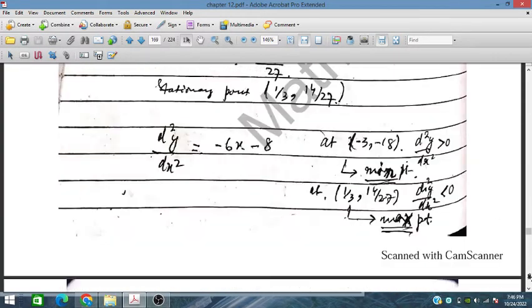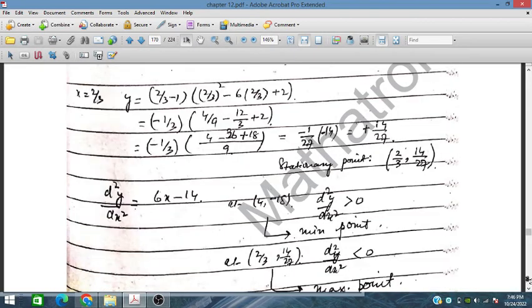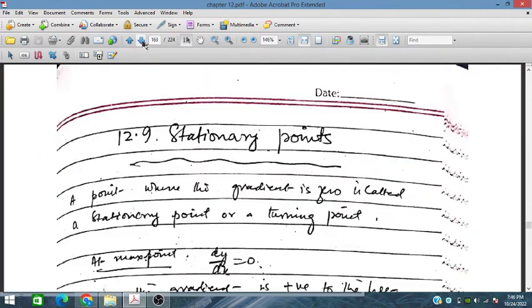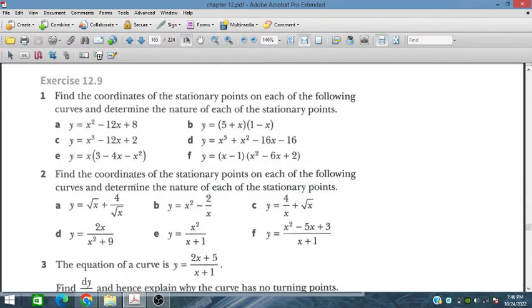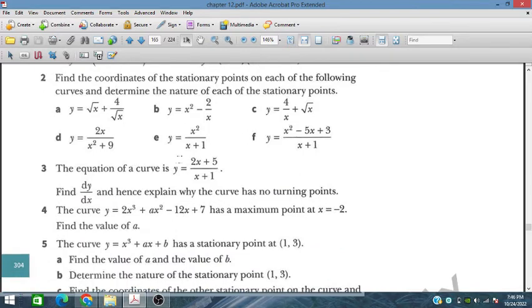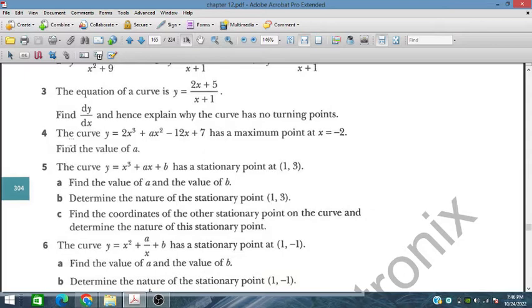Let's solve question number 2. Let's move to the next one, similarly for this one, and let's solve question number 3. The equation of the curve is